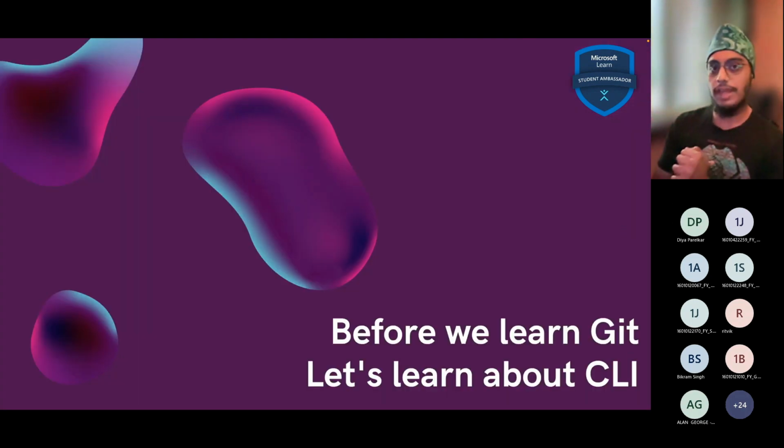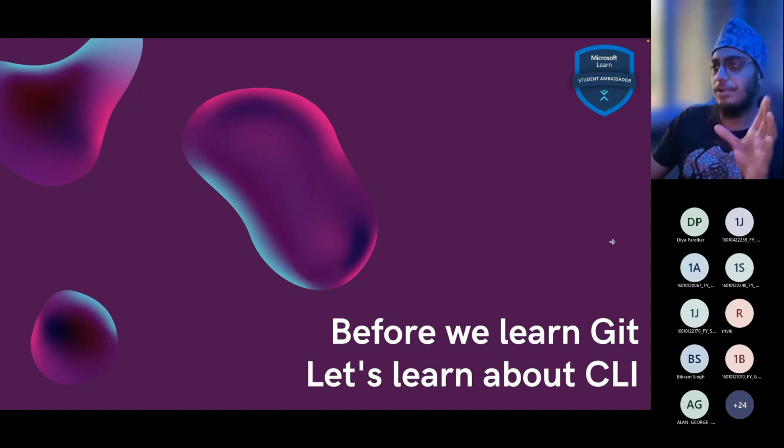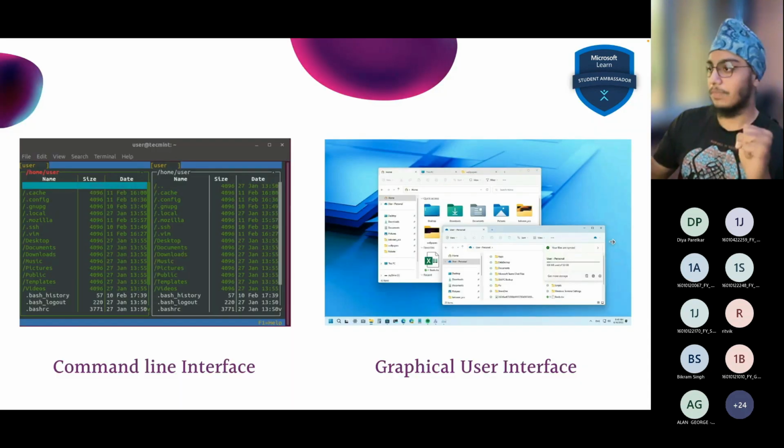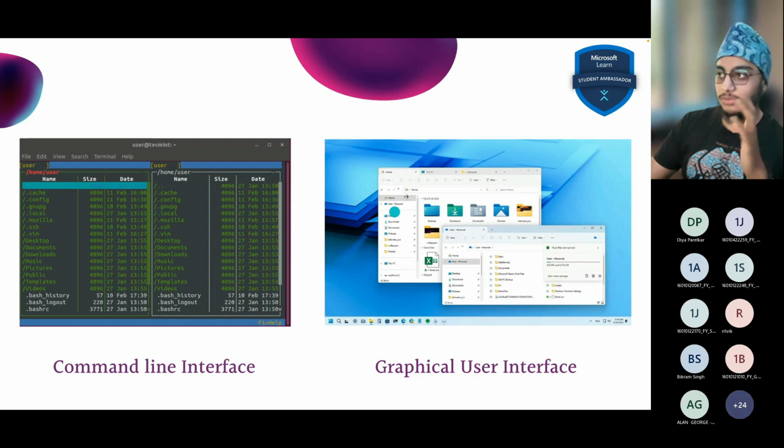Now, before we actually learn about Git, I'll highly recommend you to let's learn about CLI, that is the command line interface, and let's learn a bit about it, and then we'll get practical, okay? So firstly, there are two types of interfaces. Firstly, that is the GUI and the CLI. GUI stands for the graphical user interface. The normal Windows or the normal file system that we use in our day-to-day life is the GUI, that is the graphical user interface. And the CLI or the command line interface is also a method by which we can